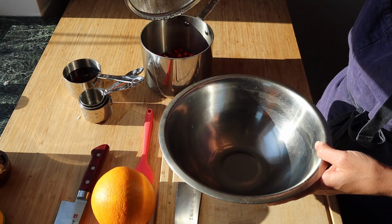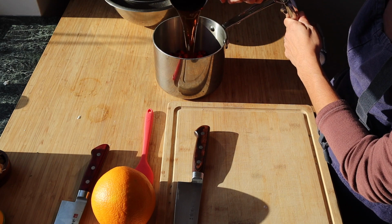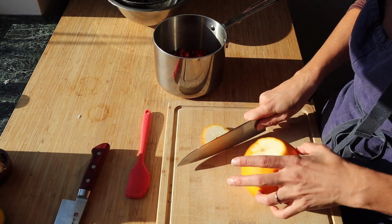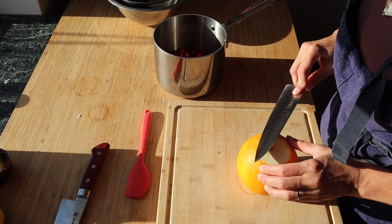This is gonna go in the pot first. I'm only using maple syrup this time. And then I'm gonna add some orange zest and orange juice. So for the zest, I don't have my microplane in here right now. So I'm just going to add a couple